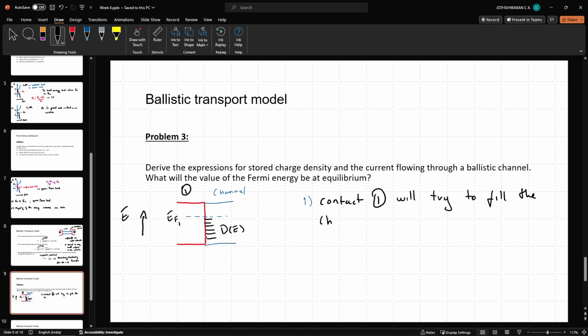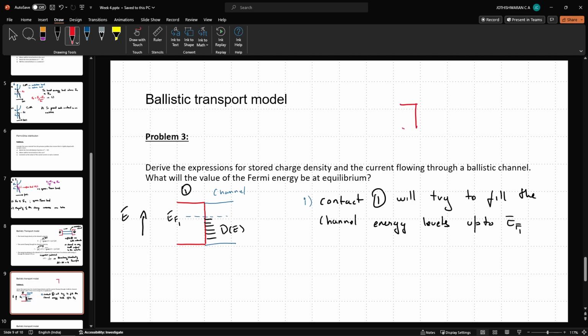So it will try to fill it up to EF1. So channel energy levels up to EF1. So what we are going to imagine now is, initially we had,